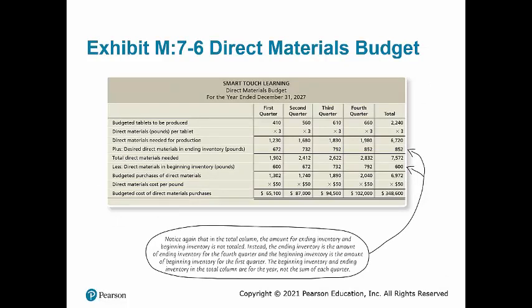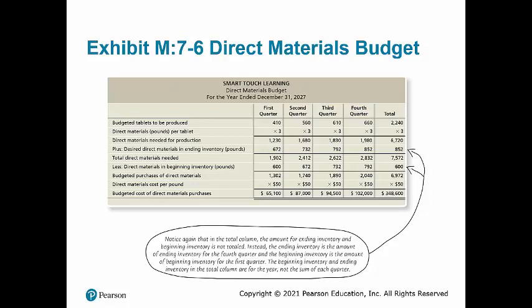So we're going to look at how we would complete the direct materials budget. Remember, the budgeted tablets to be produced will be from the production budget that we just completed. We have to do the production budget first. Then we multiply the number of tablets to be produced by the pounds per tablet. And that was given to us in the problem as 3 pounds. That gives us our direct materials needed